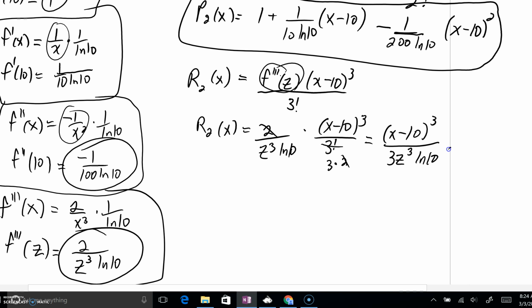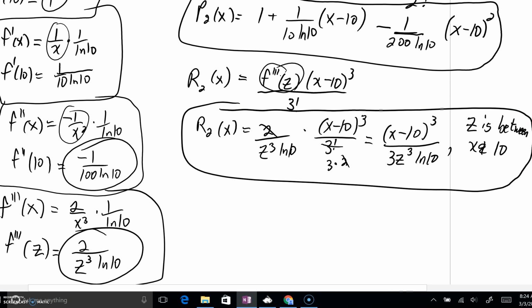But with this very important note that z is between where you're centered, which is 10, and x. So this is what we have for our error. Now, for the sake of time,